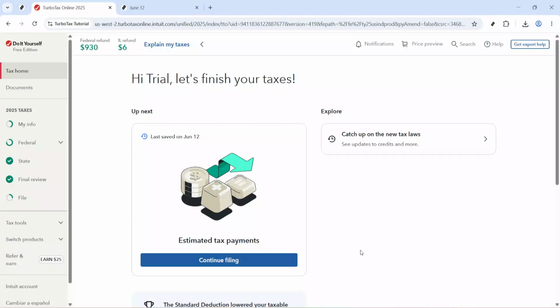In today's video, I'm going to teach you how to report a Roth IRA conversion in TurboTax. We'll walk through the exact path inside TurboTax so you can enter this information correctly and move through the IRA section with confidence. This process takes place in the deductions area where TurboTax asks follow-up questions about traditional and Roth